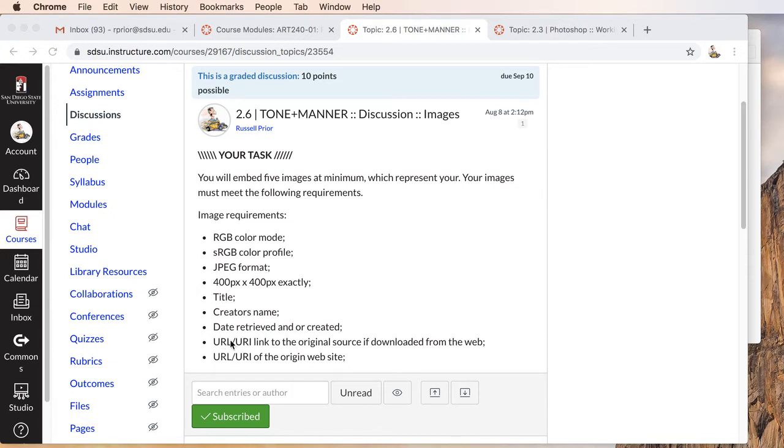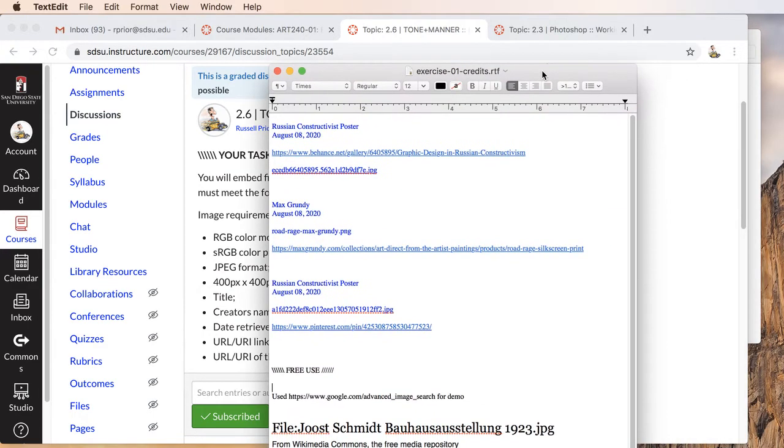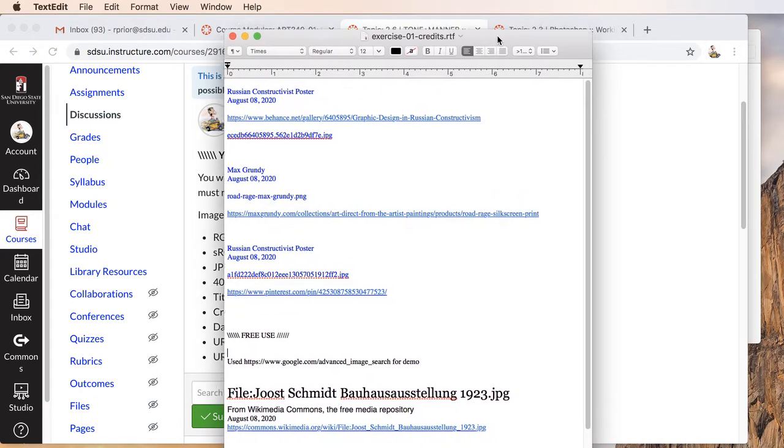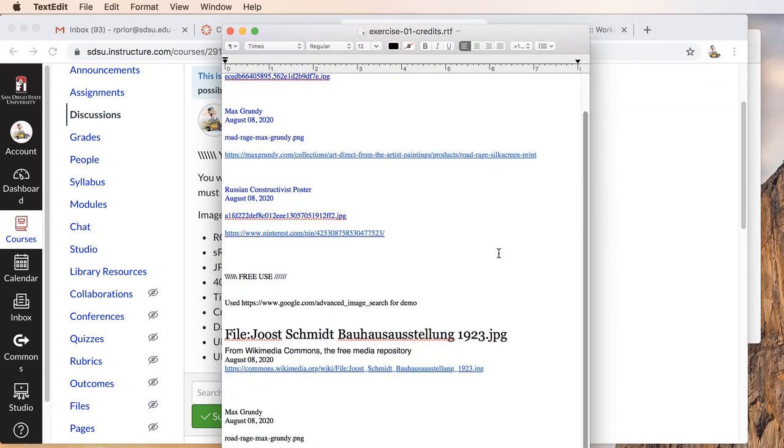So I want you to copy basically what is the web address for the original file which you download. And then I want you to also have the address for the website which you found the image. Okay, so as an example here, I will go ahead and